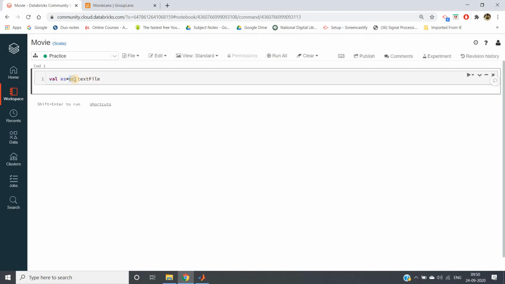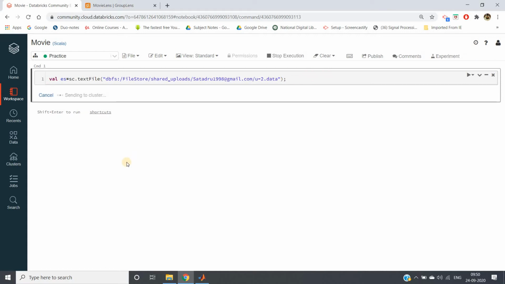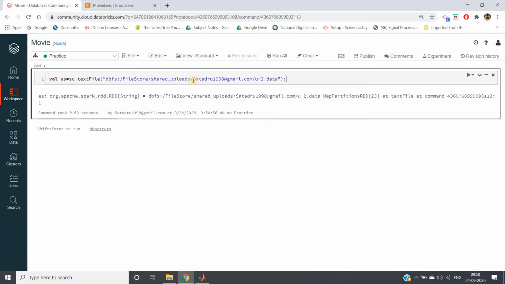And sc, spark context, this is obviously required for creating RDD, right? I hope you know this much basics, which is required to create an RDD. And textFile I am using to read the text file. Okay, and I will open the bracket and close this, and I will simply paste this. Okay, as this is a path, don't forget to keep it inside double quotation marks. This will be treated as a string. Okay, give a semicolon. If you don't want to, ignore that, no problem. And as soon as you run this particular one using shift enter, you will see that your RDD is